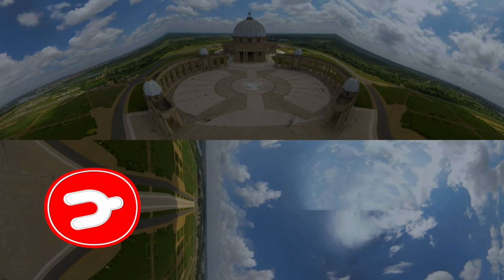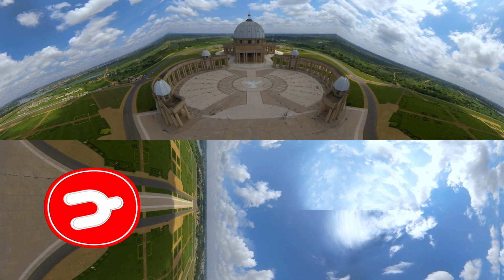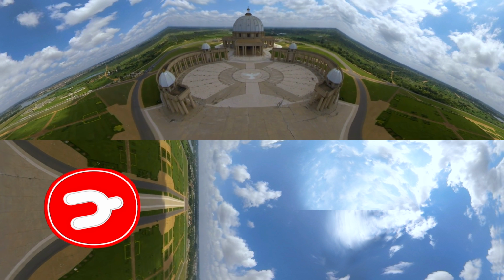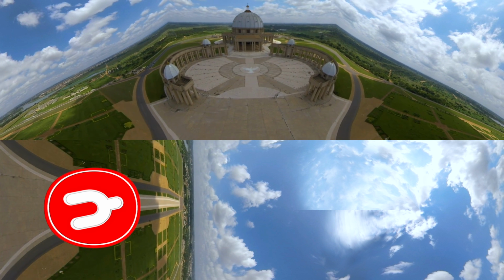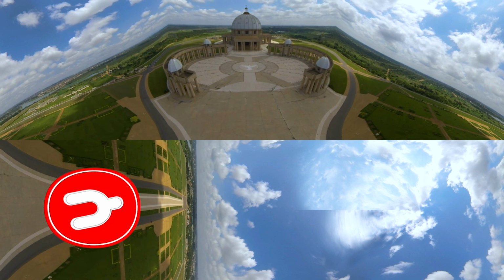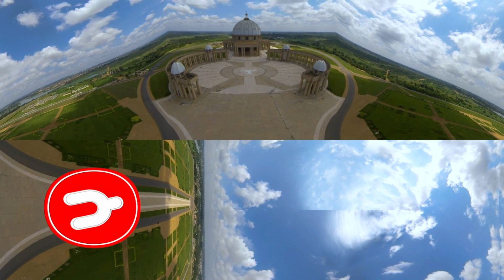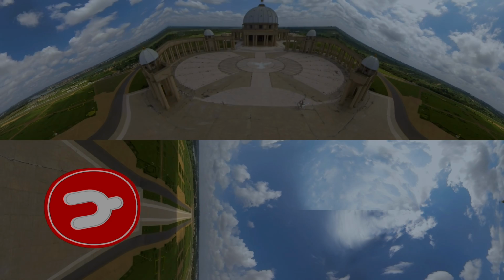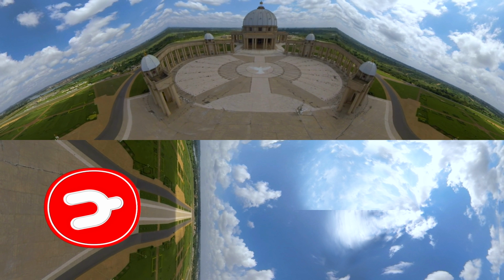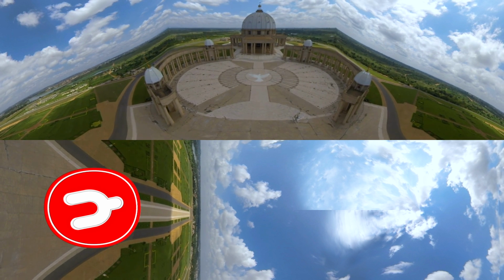In the middle of this esplanade, which is covered with marble, a huge dove with a span of 30 meters already shows the idea of peace. But here it is especially the symbol of the Holy Spirit, as at the day of Christ's baptism. The esplanade has a capacity of 150,000 places, and when you cross it, you